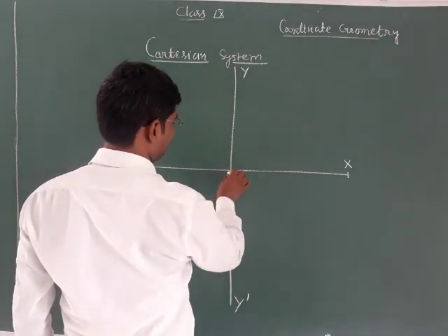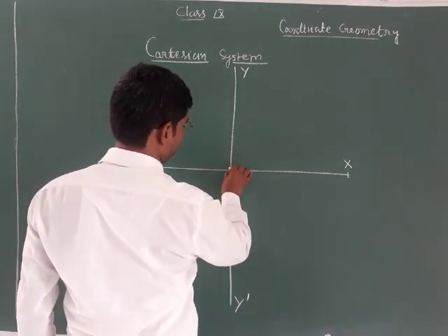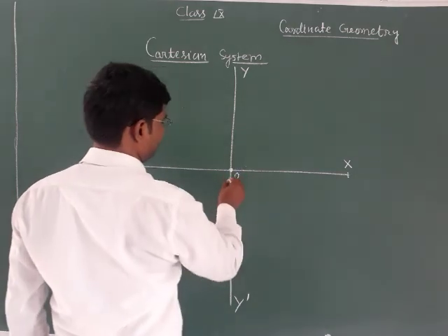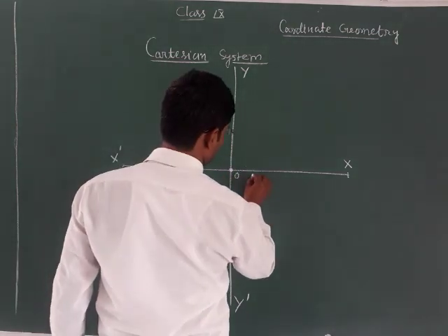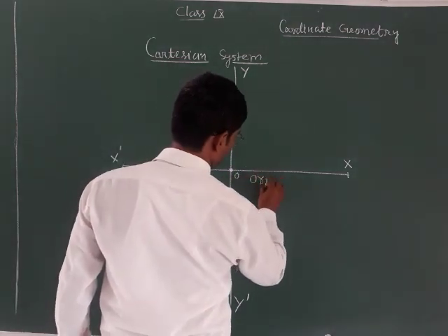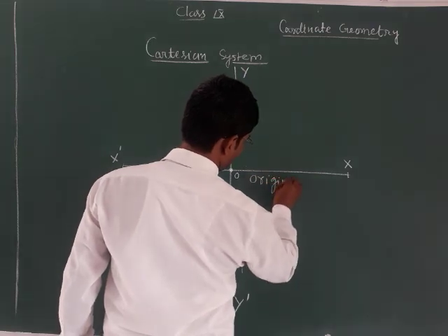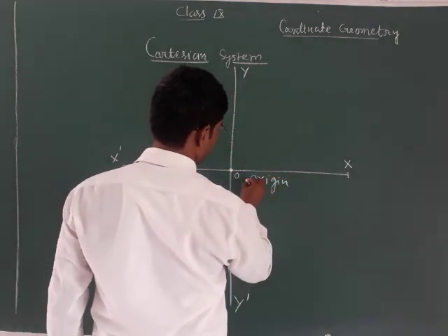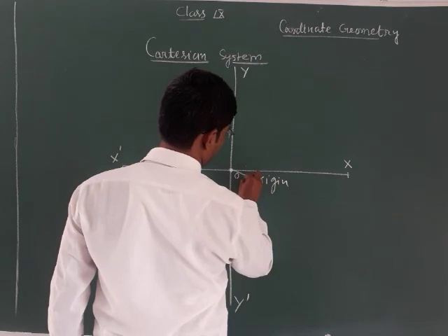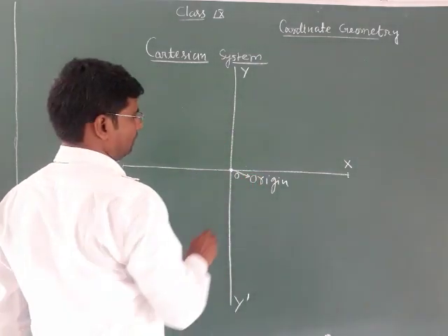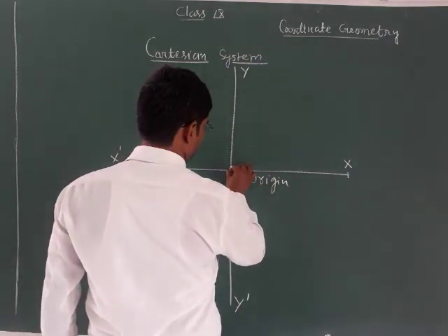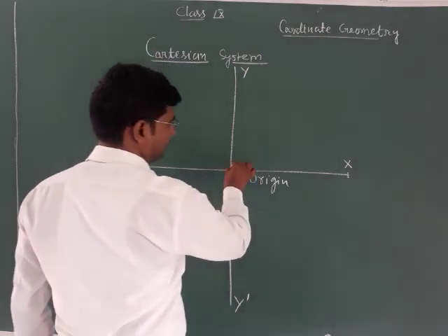These lines intersect each other at a point O. This is called the origin. So this is the point origin. So from the origin